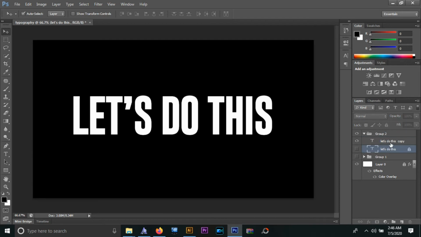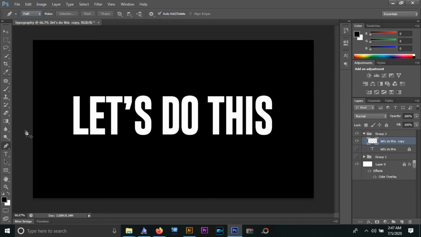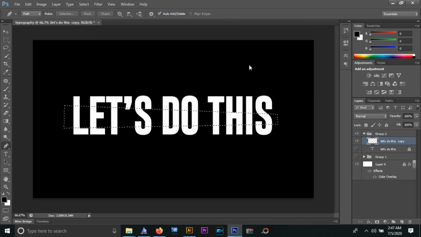So as you can see, it's the same drill. I'm going to make a copy of the text so that even if I rasterize it, I have a copy of it handy. And in this one, instead of selecting the text layer from the marquee tool, I'm just going to draw a custom shape, and then I'm going to make a selection out of it. You can actually do this with any other shape. I'm going to draw kind of a trapezium-ish shape, yeah, so that it looks a little bit rough and natural. You get my point, right?